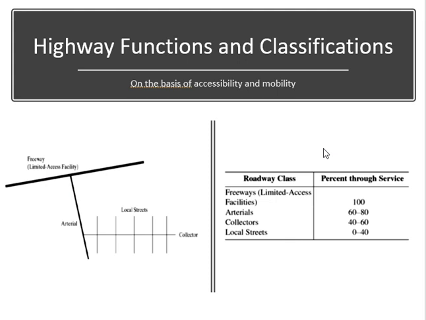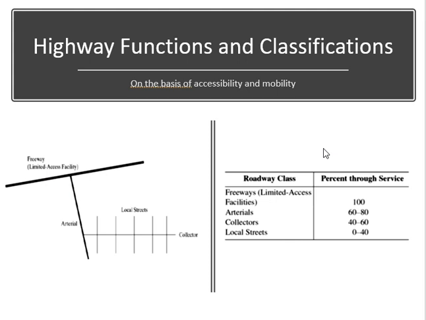If you increase the number of connections, your speed will decrease, because connection means crossing. Somebody is connected, he will cross you or he will enter the highway. So this will reduce your speed. If you want to maintain more speed, you have to decrease accessibility and vice versa. Clear? So you can see here four basic types of highways: freeways, arterials, collectors and local streets, and each one of them has a